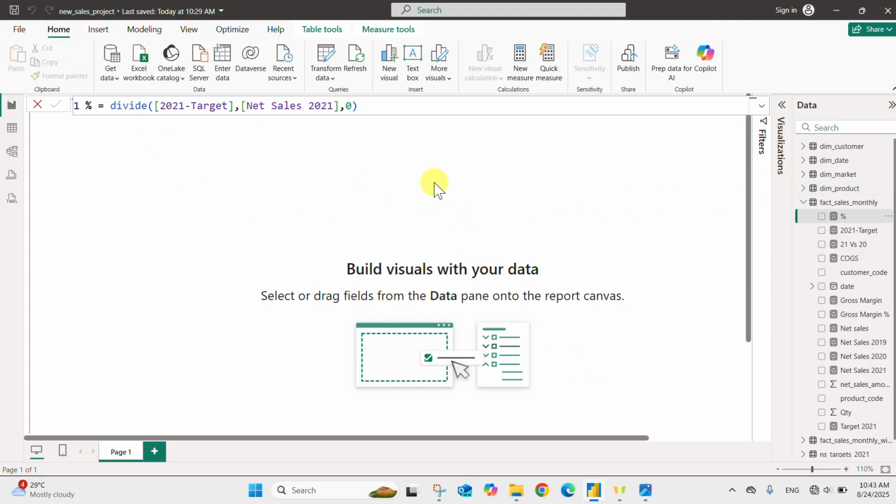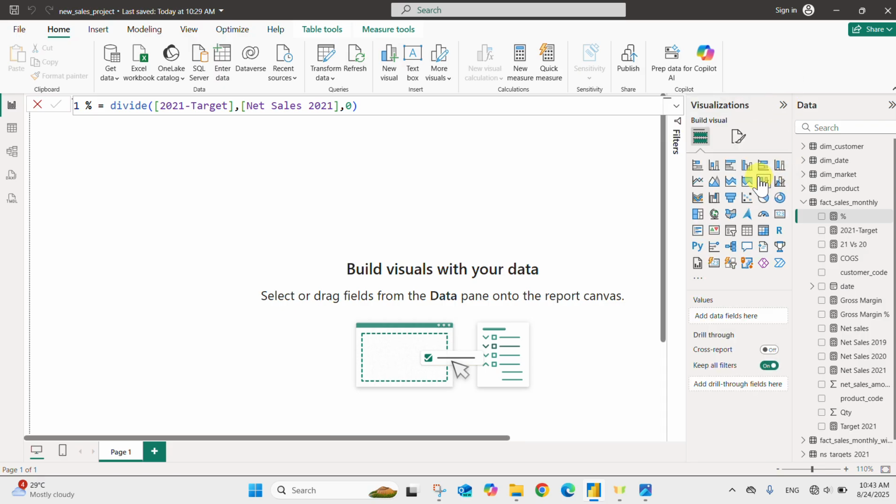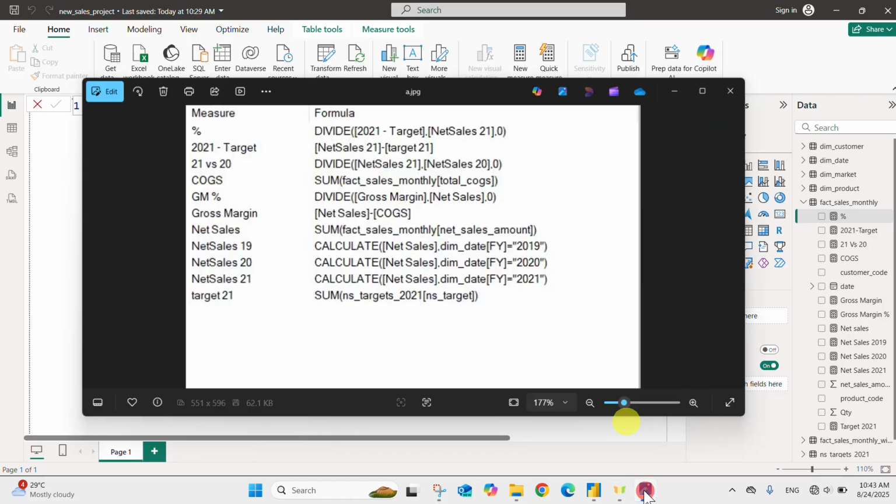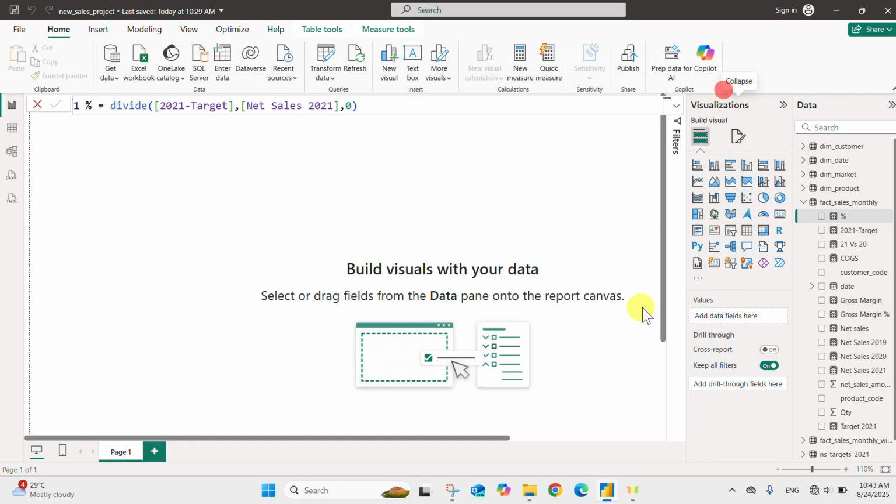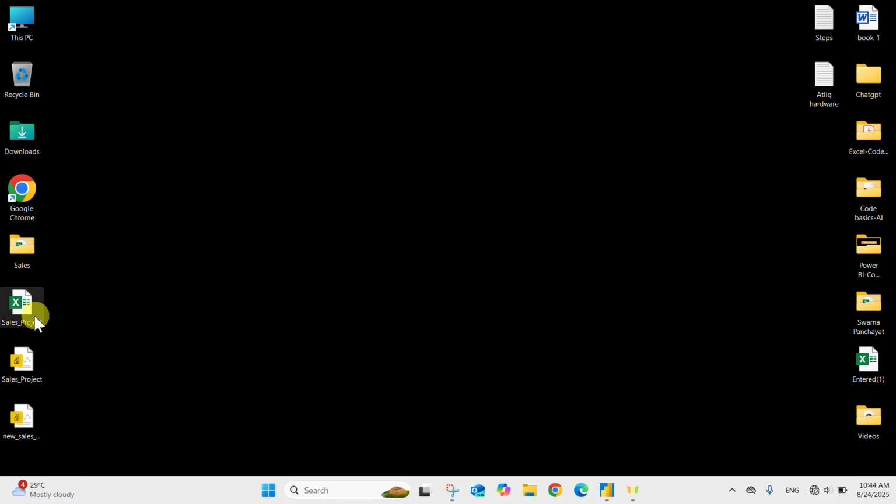What are the reports which we require in starting the analysis? For analysis we need tables. These are all the visualizations. We drag and drop things in order to get our required report. Which report is required right now? The measures have been completed and now we are going to save it. And for the report, we need to have a reference of how the report should look. As I've already done, the report should be